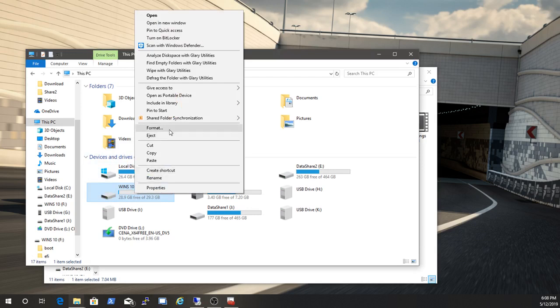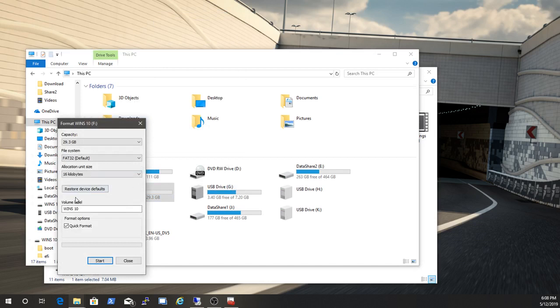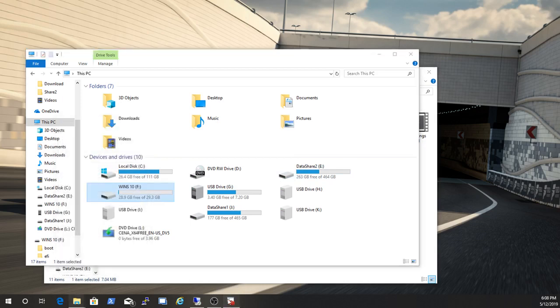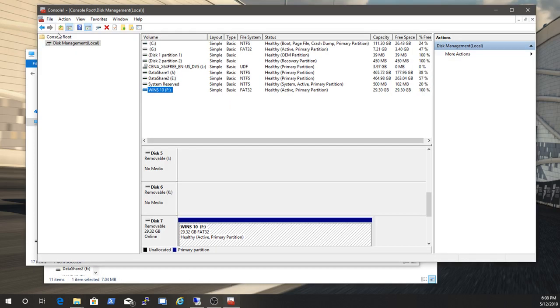just go ahead and format right away. If there's anything already on it, make sure you back it up. So do quick format, click start, click OK. Alright, that's done already. You're going to want to open up